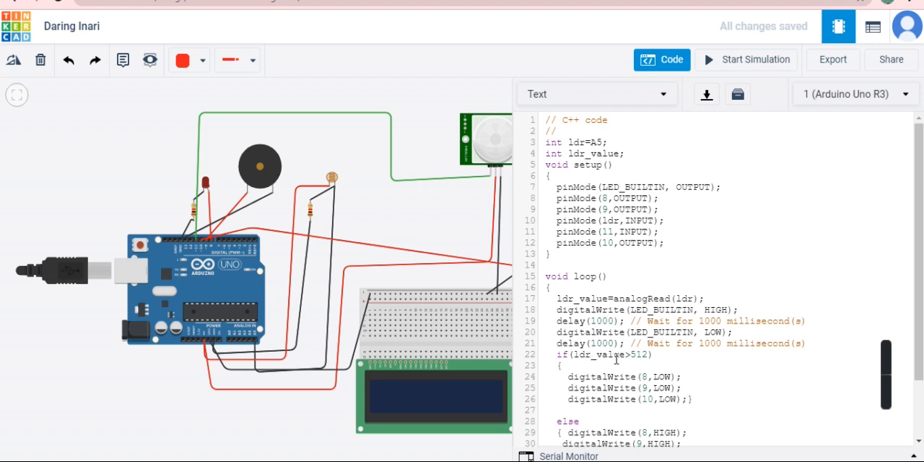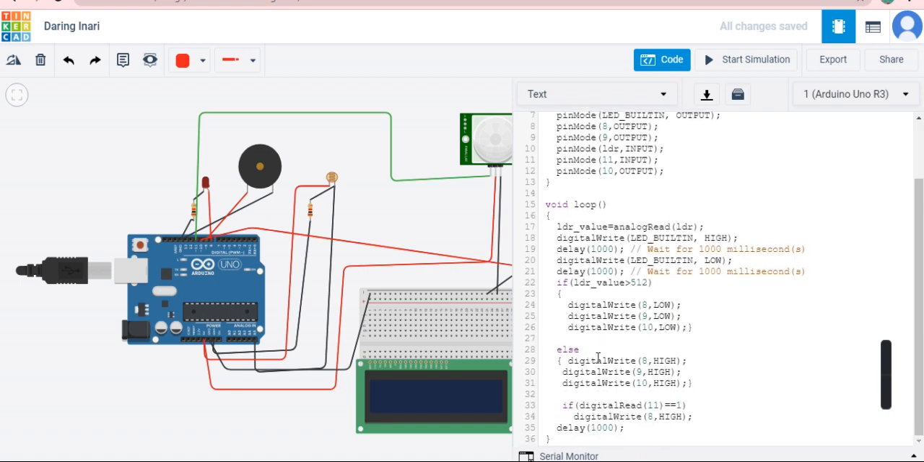First we check if the LDR value is greater than 50, that means light is there, sunlight is present, so we should not switch on the LED. So I made 8 and 9 low, that means the LED will be off and the buzzer will not be on. Similarly, we don't want to switch on the motor if the LDR value is greater than 50, that means if light is present. Else, if light is not there,